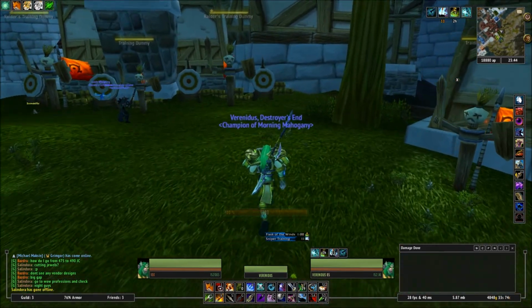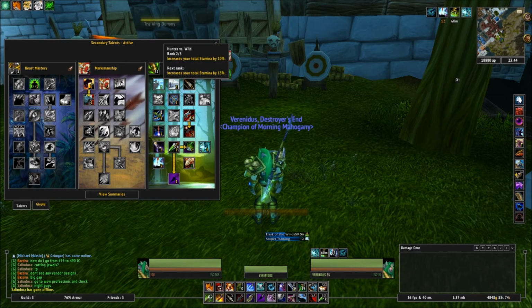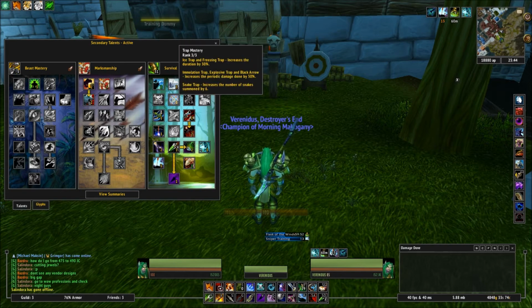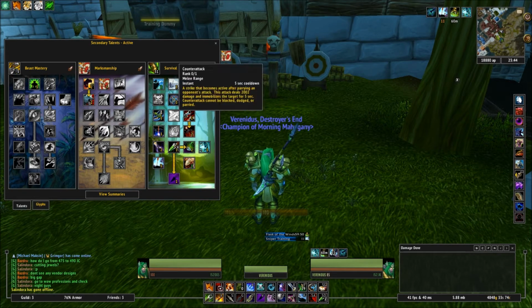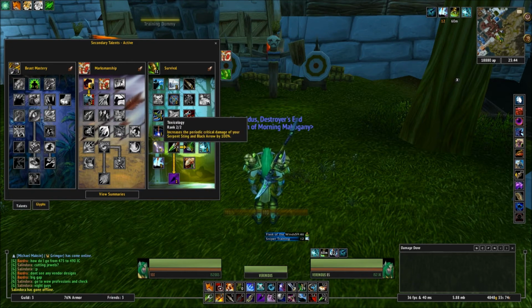First thing we're going to talk about, obviously, is talents, like always. All these talents are mandatory except for two, which is Hunter versus Wild. So you want to get Pathing, Improved Serpent Sting, Trap Mastery, Thrill of the Hunt, Lock and Load, TNT, Resourcefulness,